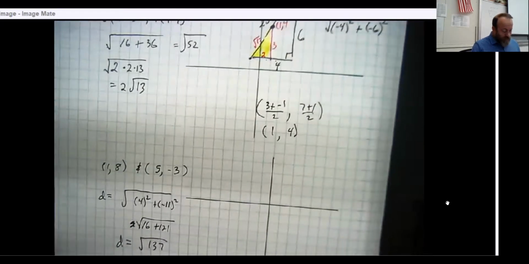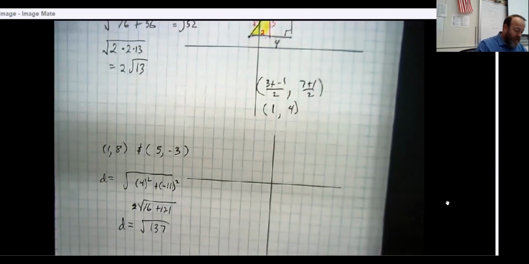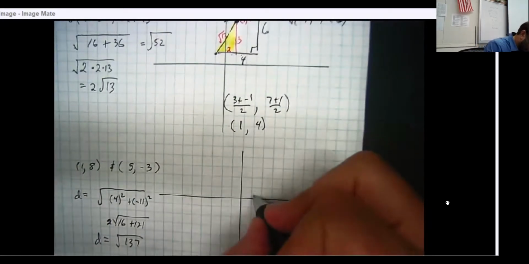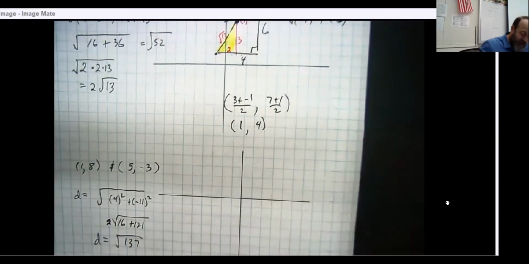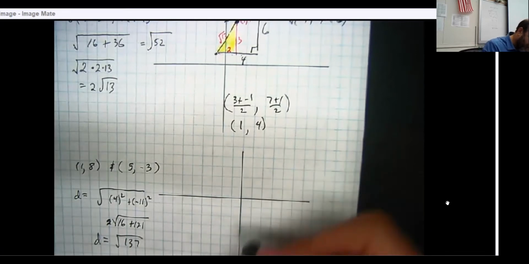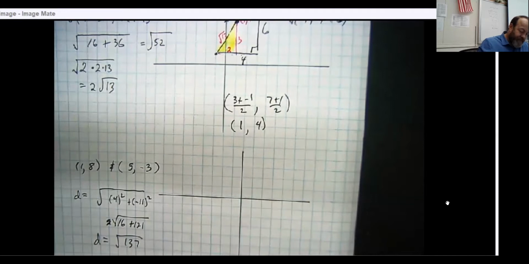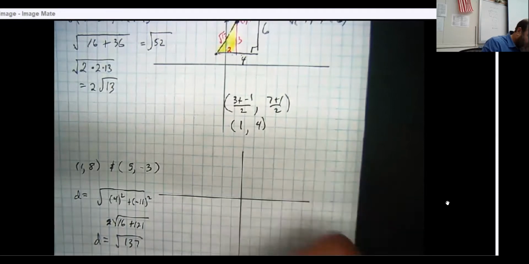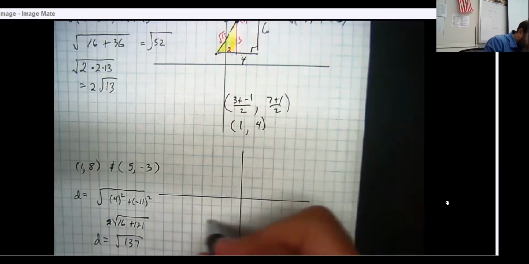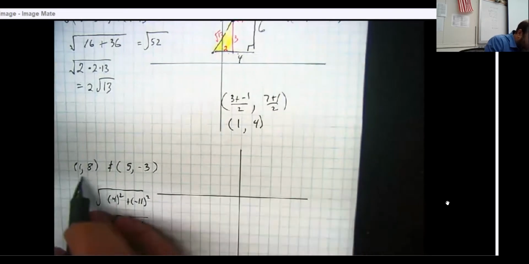Now over here, this one is actually a little bit harder. That's why I did it. 1, 8. I wish I had made my axis a little bit lower, because it's going to be too high. Shoot. Well, that's all right. So I'm not going to use the graph paper, but anyway,